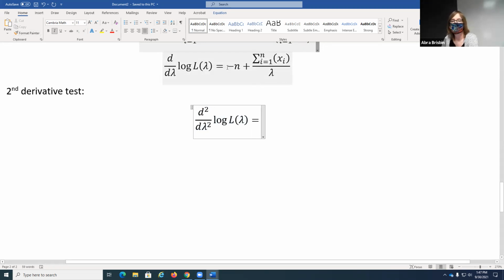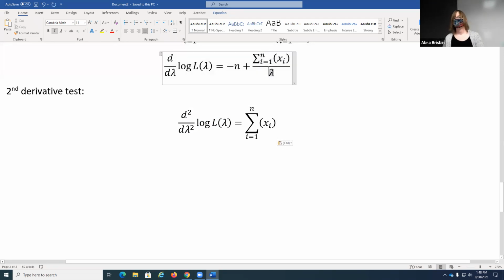So negative n now does not depend on lambda, so its derivative is just 0. And here we have a constant, the sum of the x sub i's, times 1 over lambda. So times lambda to the negative 1. So the derivative of that is going to be